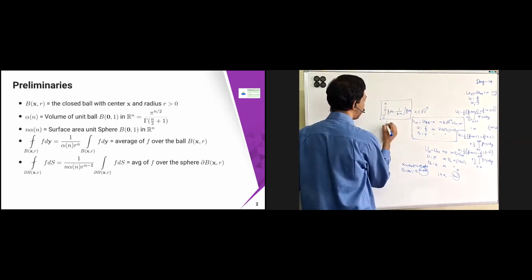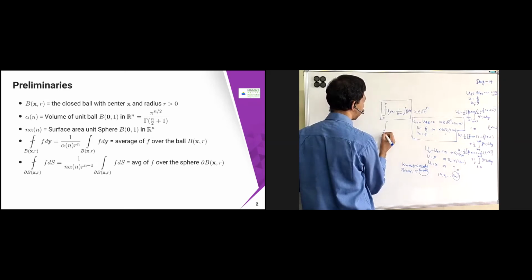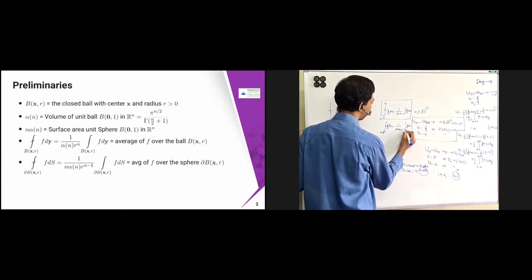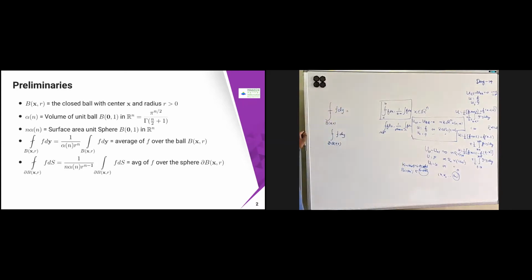In the two dimensional case, suppose this is over R2, a subset omega of R2. The average of f dx is nothing but 1 by the volume of omega. I can just write it as the area. Omega is a subset of R squared, so I can put 1 by area of omega integral of f dx over omega. So this is the average integral in the two-dimensional case.